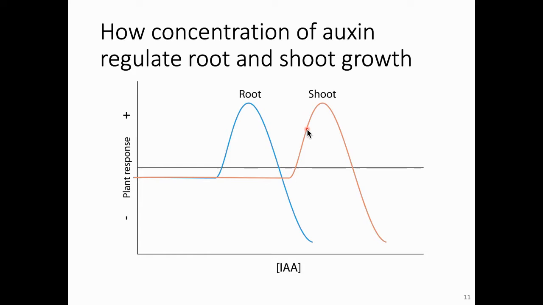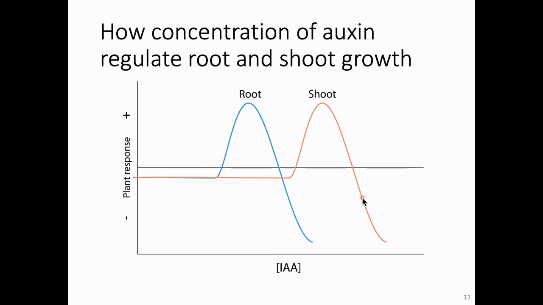The concentration that inhibits cells in the root from enlarging promotes the cells in the shoot to elongate. And if you put too much concentration, the shoot will start to get inhibited by a high concentration of auxin